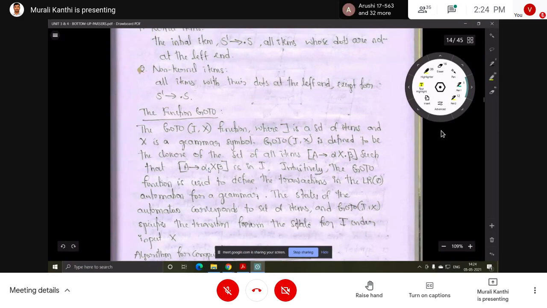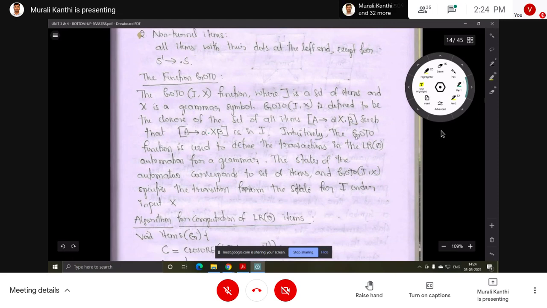Before, the dot is before the X. After applying the goto function, the dot shifted to after X. That indicates scanning the symbol is completed, or changing the dot position by one symbol. Okay, this is the goto function.